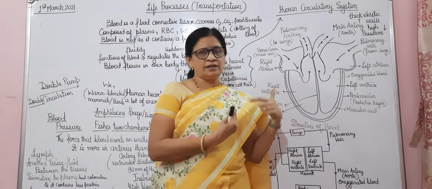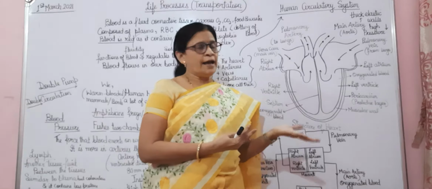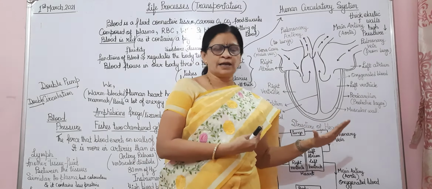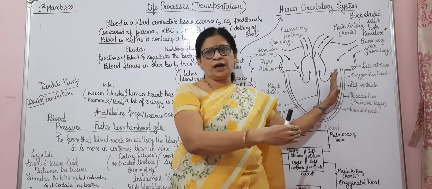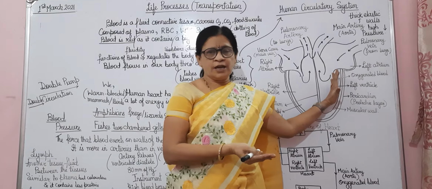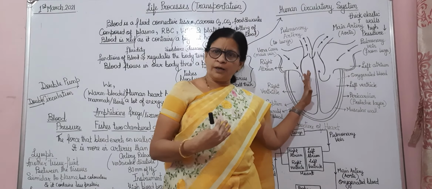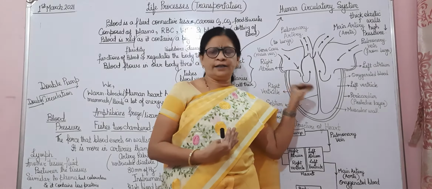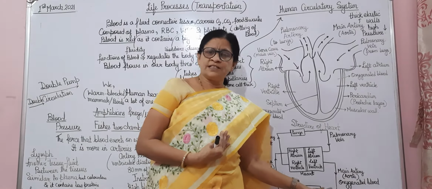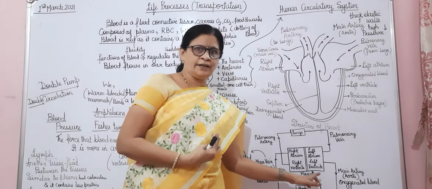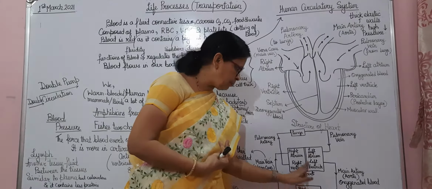In the lungs, the blood gets oxygen. Again, this deoxygenated blood is converted into oxygenated blood, and this is how the pumping of the blood continuously takes place in the heart. The left pump is for the blood to come into the heart and go into the different body parts, and in the right pump, the right hand side of the heart, all the blood from the body parts comes into the heart, and from the heart it goes into the lungs. So this is how the body structure takes place. These are the four chambers of the heart: the left atrium, the left ventricle, the right atrium, the right ventricle. So this is how the blood flows.